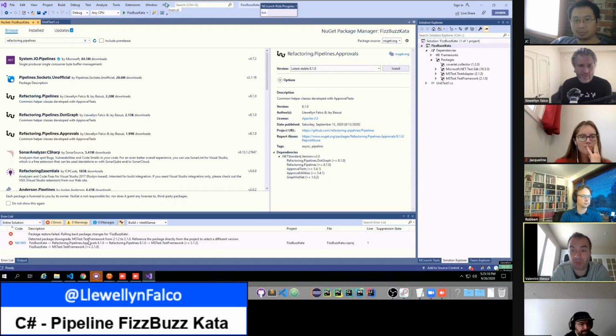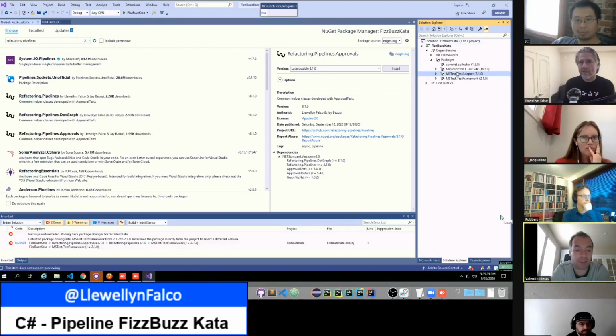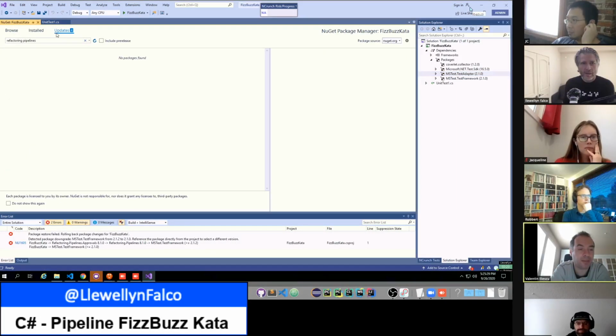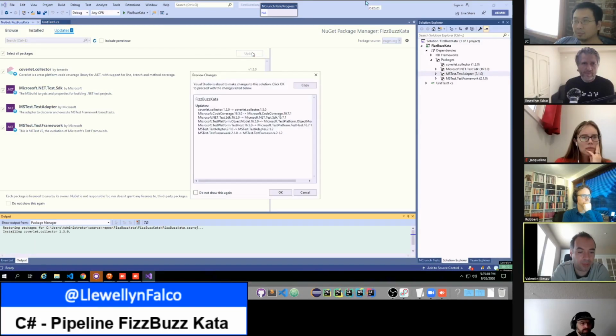I think it's complaining about MS Test Framework. If we uninstall that, maybe? Can you go to the Updates tab? So you have Browse, Installed, Updates. Delete the refactoring pipelines. So it wants to upgrade 2.10.